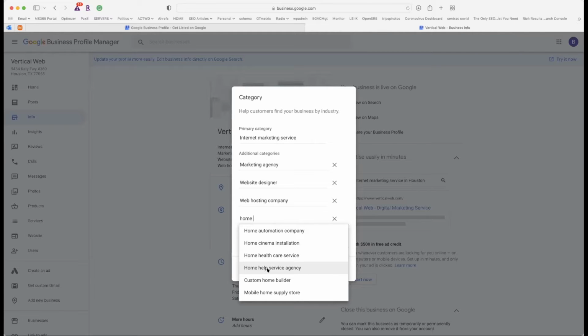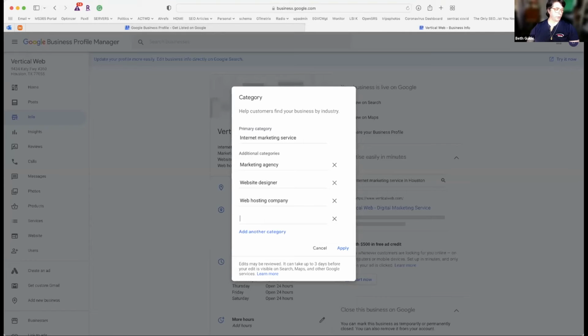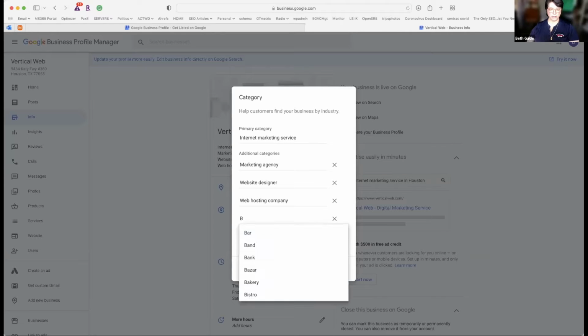That's the other one for the garage door opener. I might put that as one of my categories as well, because there isn't a proper category per se for this.